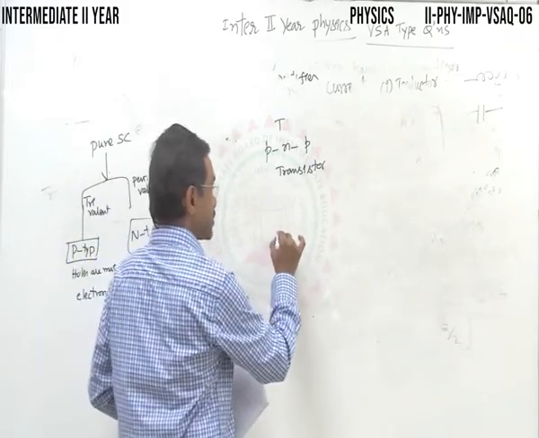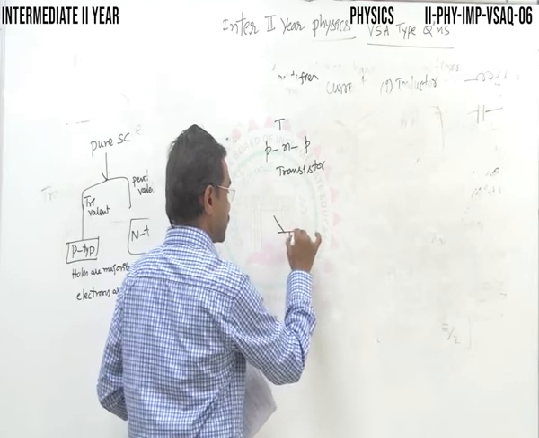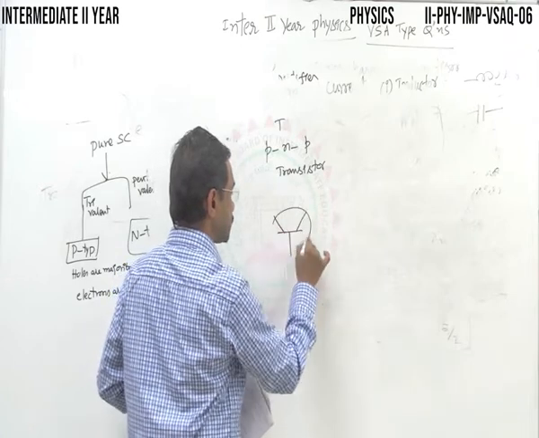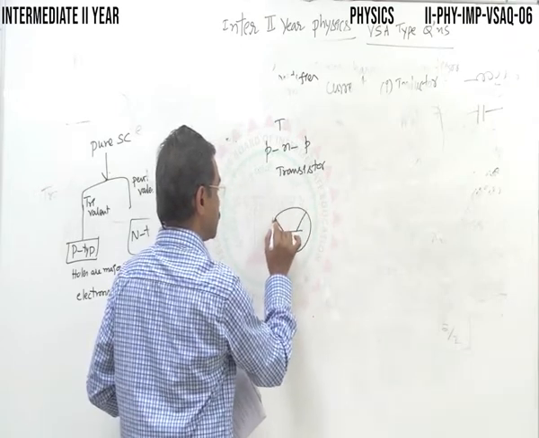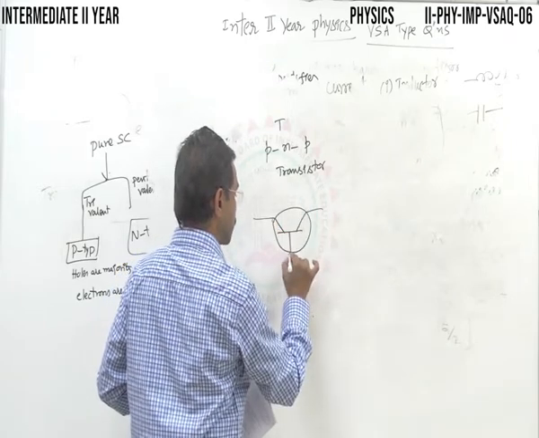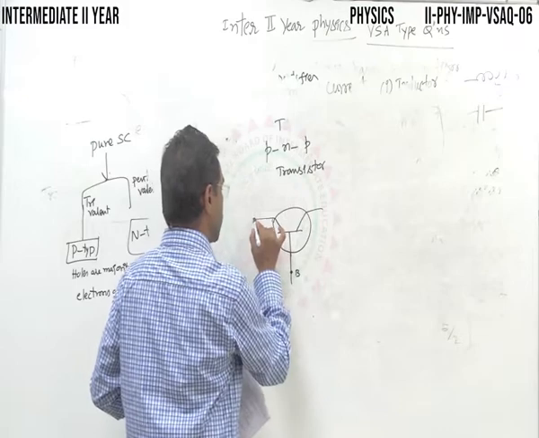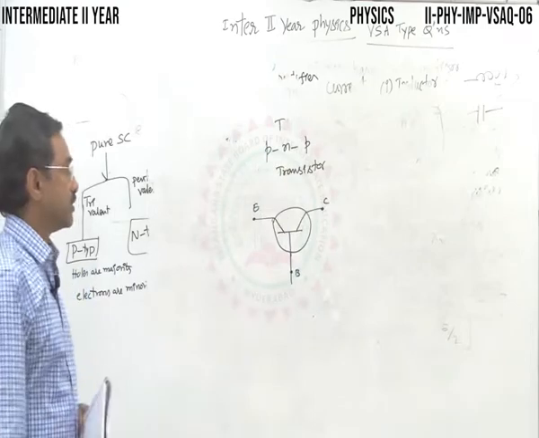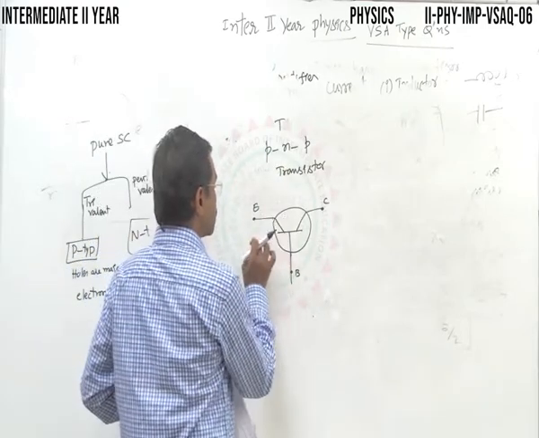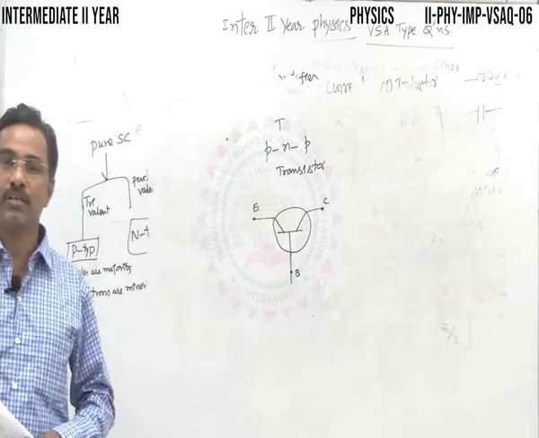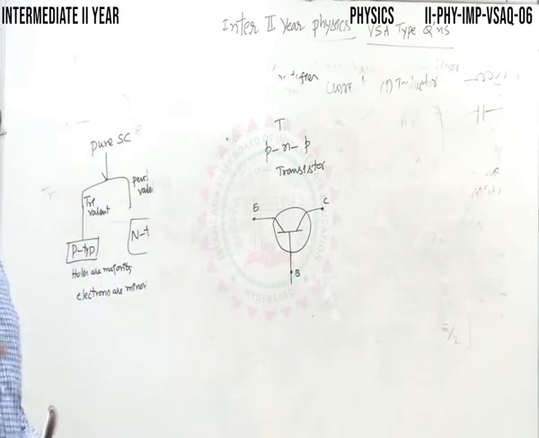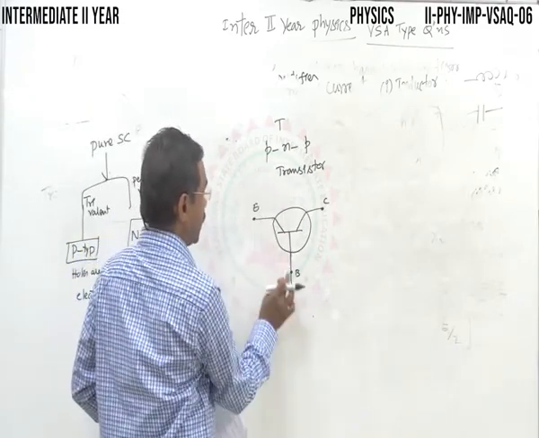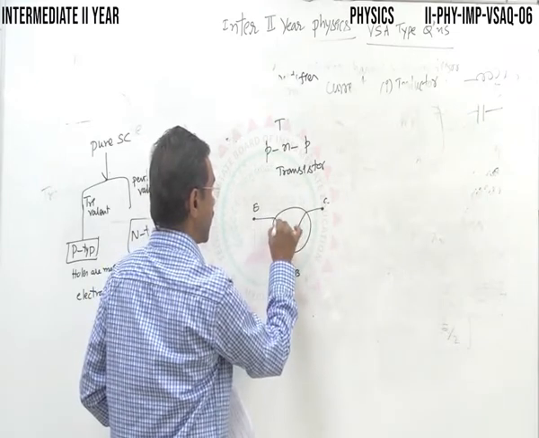Here is the circuit symbol for a transistor. It will have 3 regions: emitter, base and collector. First, draw it like this. Then the base, emitter, and then collector. This is for the PNP transistor. If it is a PNP, the arrow must be placed only on the emitter side. Be careful here. The arrow is placed from P to N on the emitter side. So for PNP, you read P to N, on the emitter side. The arrow must be kept like this.